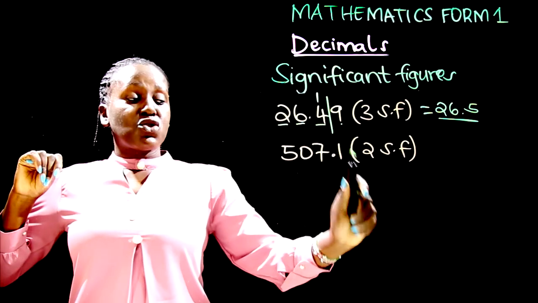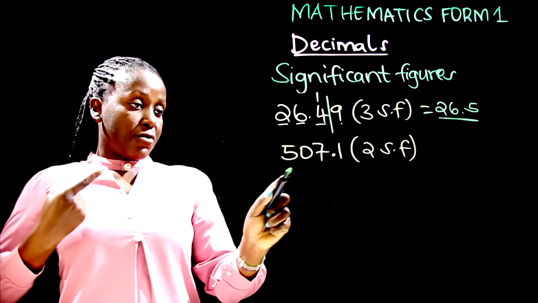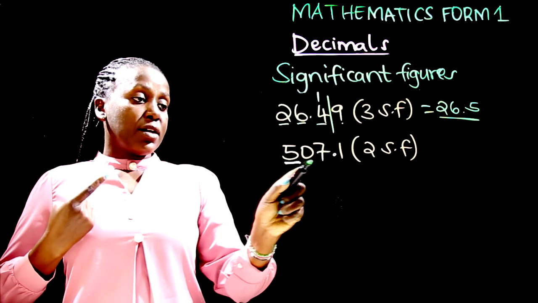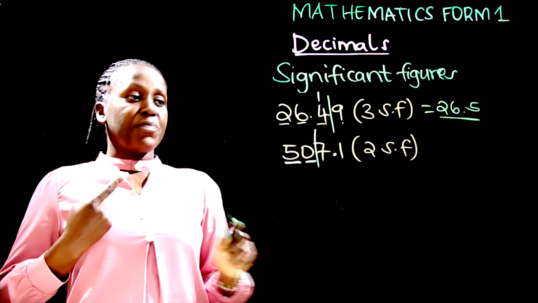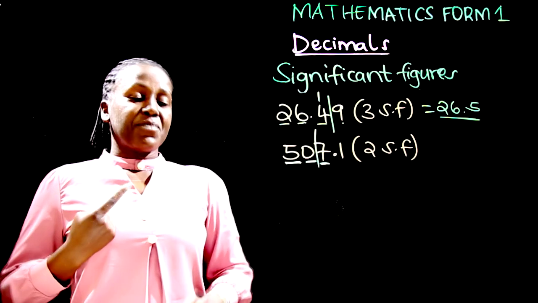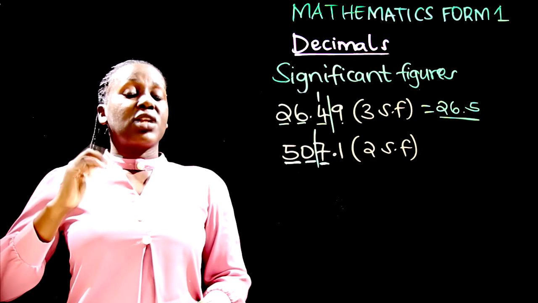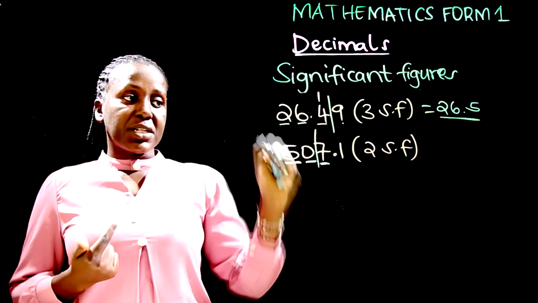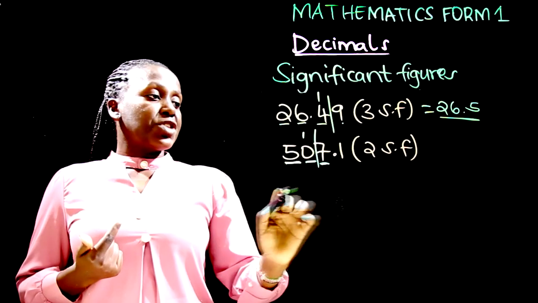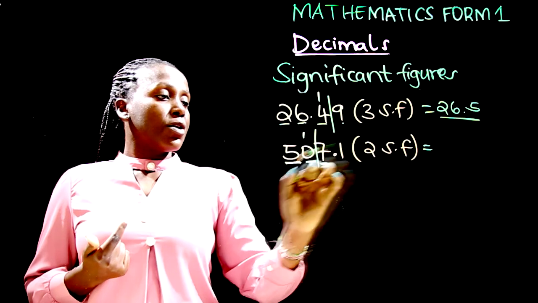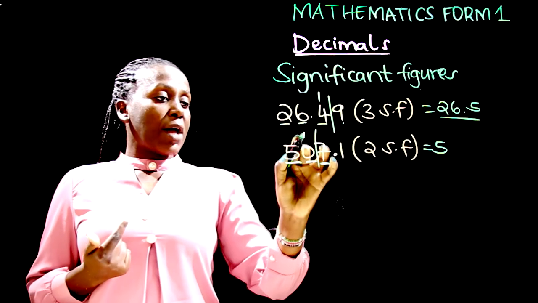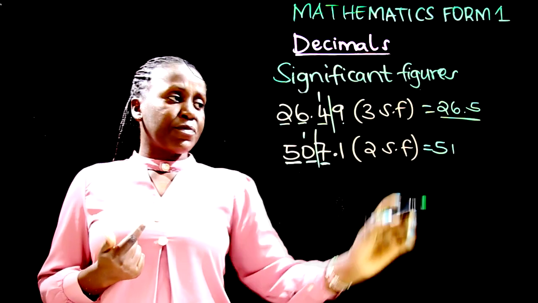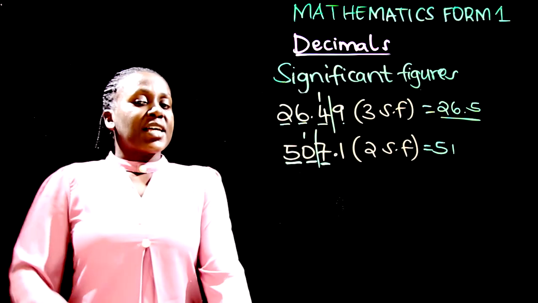So if we want 2, we must begin from 5. 1, 2, cross there. So looking at 7, is it greater than or less than 5? It's greater than 5. So we round it up, okay? So this will be equal to 5, 1 plus 0 is 1. If we leave our answer like that,